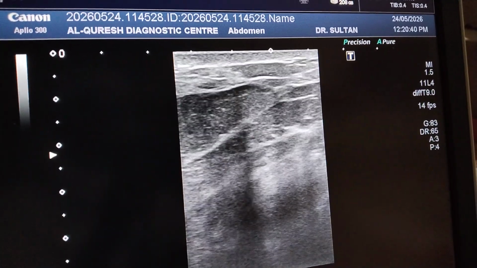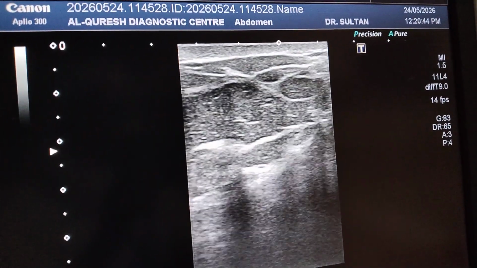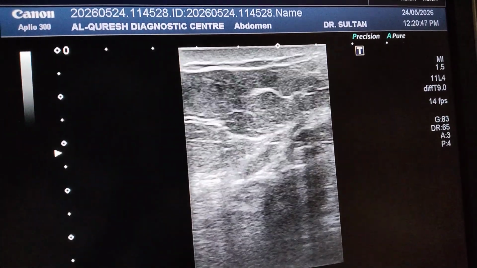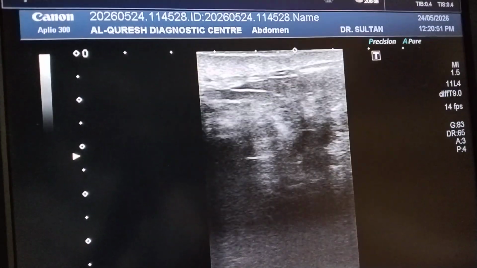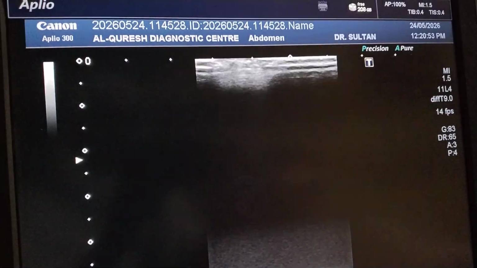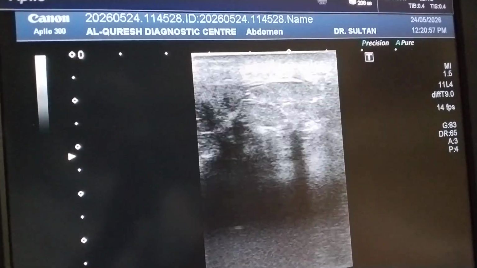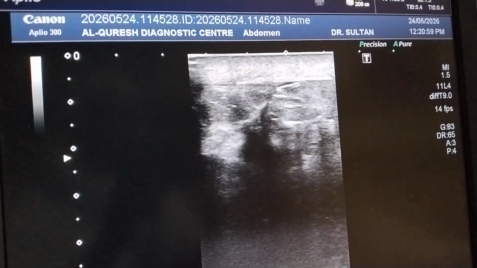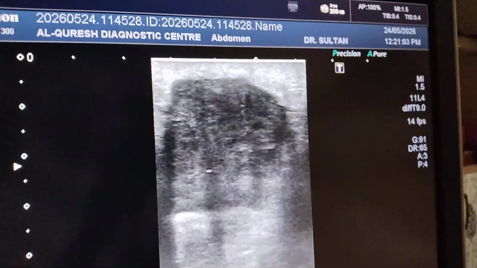On clinical examination, I have seen that the nipple is retracted, and she is also giving history of discharge from the nipple for the last 1 year. So this is the right breast, and we can appreciate